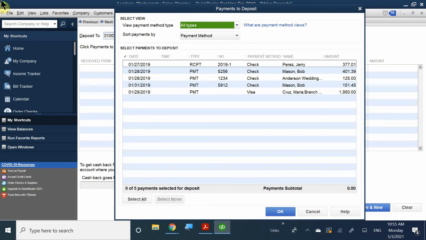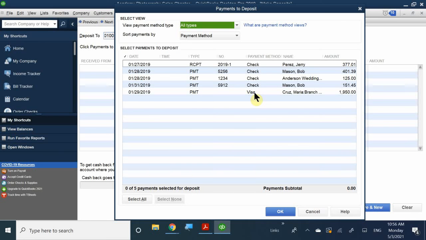So here, this window pops up. It tells me that I have 4 checks and I have 1 Visa credit card payment. Now, rule of thumb here is that cash and checks function the same way. It's money, you're making a deposit, so they function the same way. However, a little piece of information, which I did discuss briefly before, is that if you are open for business and you allow your customers to charge on a Visa card, credit card, MasterCard, Discover, Capital One, whatever different types of credit card companies are out there,